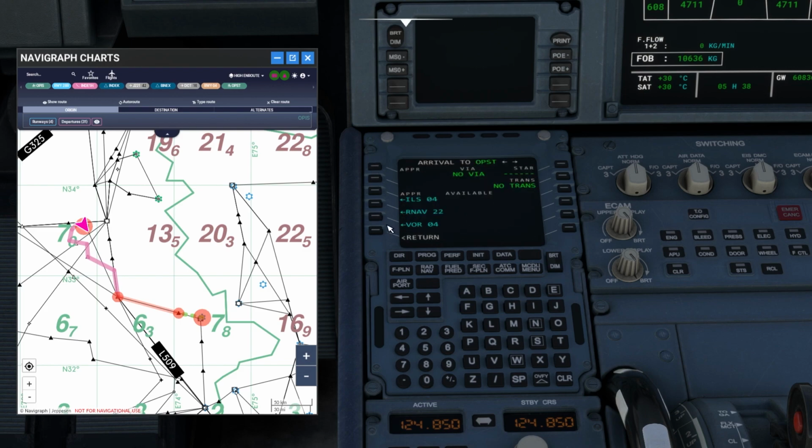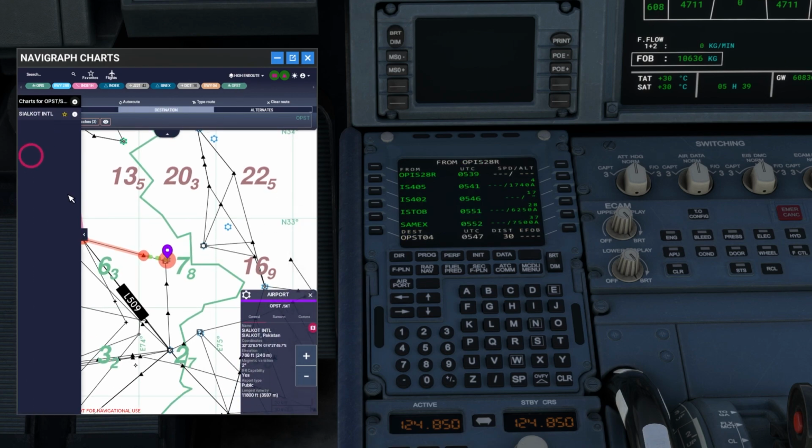sorry, ILS 4. We can also do VOR 4. Is there any RNAV for 4? No, there's only ILS for 4 and RNAV for 22. Okay, so ILS for 4. There are no STARs, but the via is Binex, as the last waypoint is Binex, so this is also the via. And the interesting thing is that for Sialkot airport,